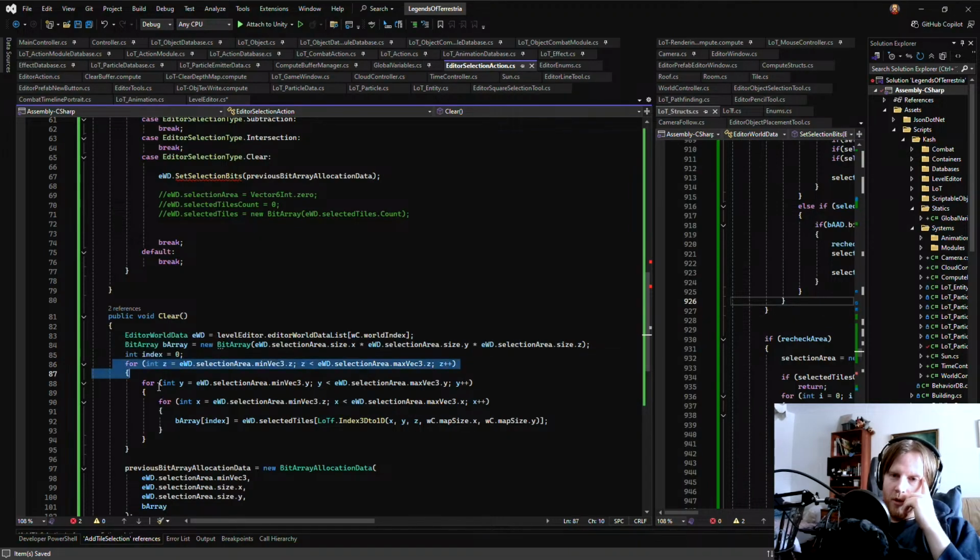I'll be honest, I wish there was a for loop for just XYZ. So it's just one line for looping a Vector3Int. I wonder if writing a function for that would be stupid.